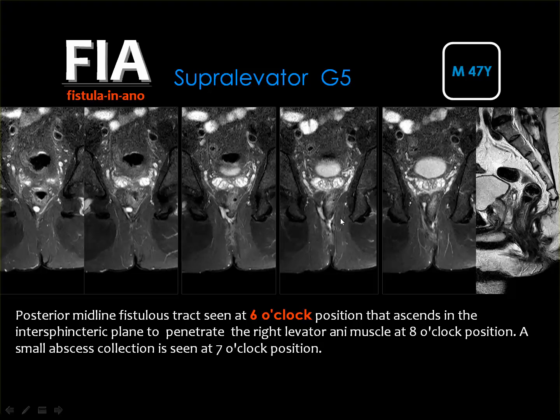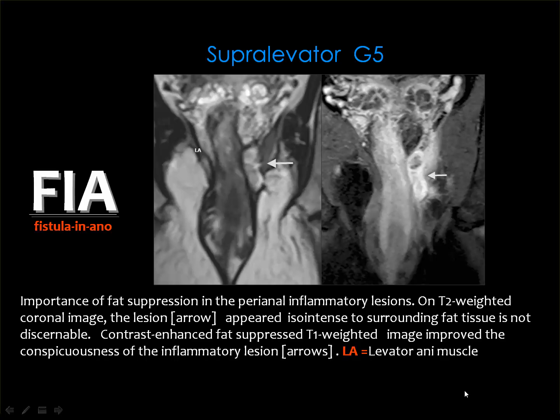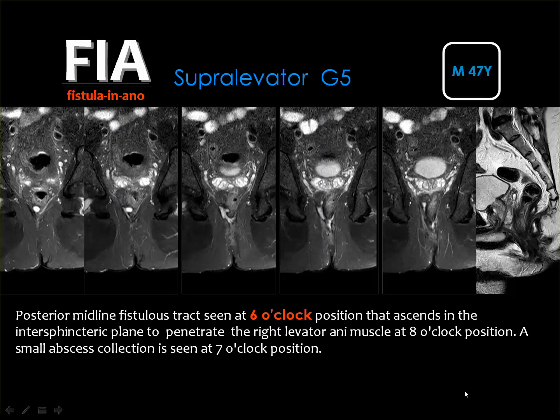Then if you follow the right branch, you can easily appreciate that there is part of the fistula above the level of the levator ani. But if you look here, this is the sagittal image, and this is the fistulous tract, and this is the levator ani, and you have part of the fistula below the levator and another part above the